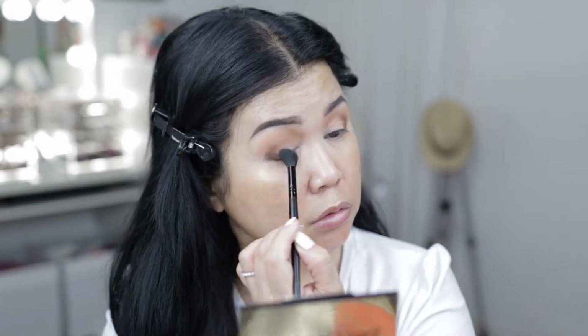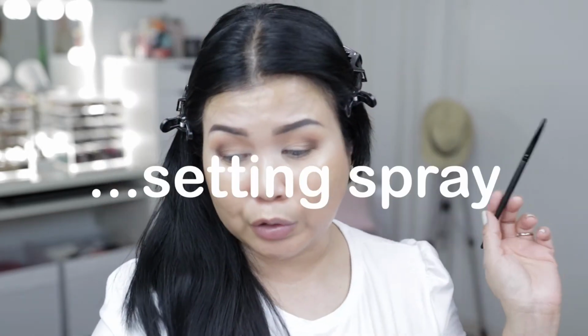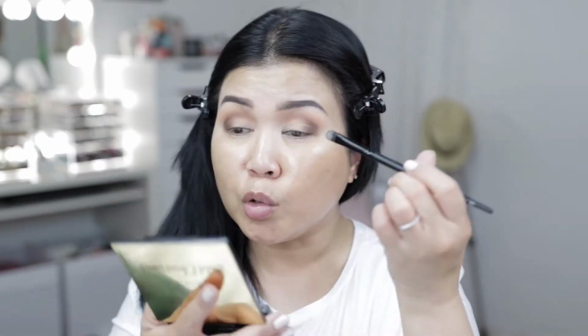Next off, we're going to use this shade here. It's a shimmer, a beigey. So I'm going to wet my brush first. You don't need to use your setting powder. If you want, you can always use water in a spray bottle. And I'm going to use this flat brush from E.L.F. And I'm going to work on my